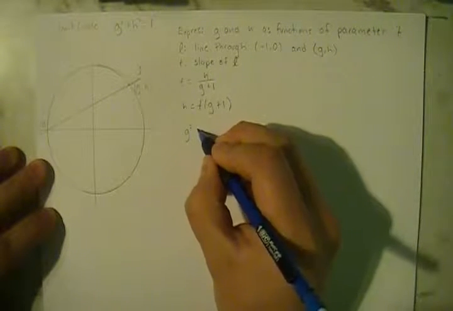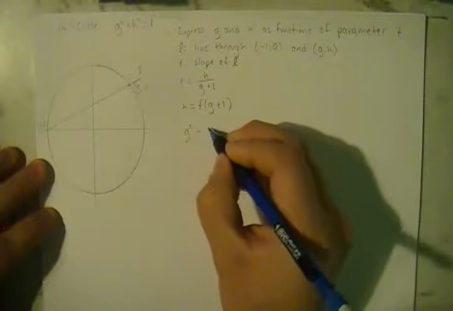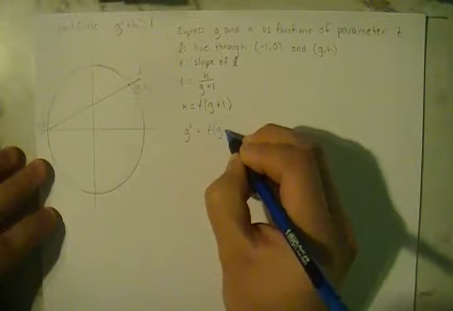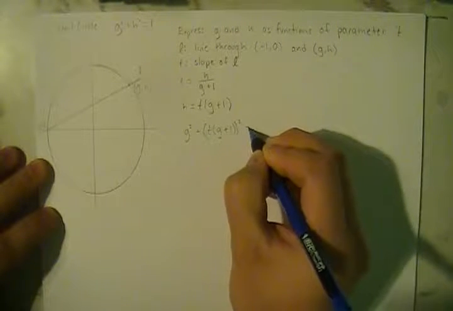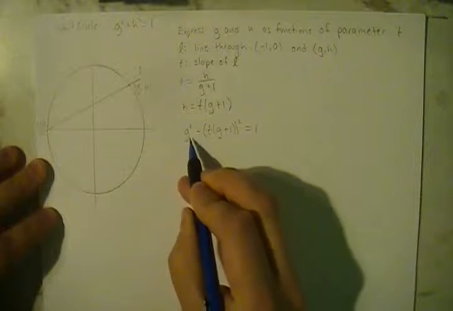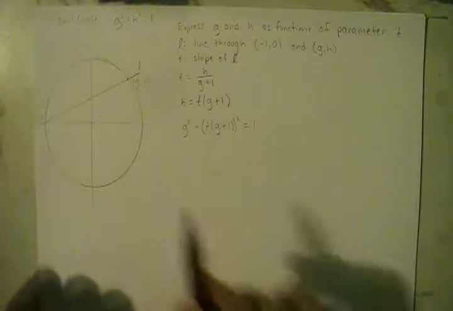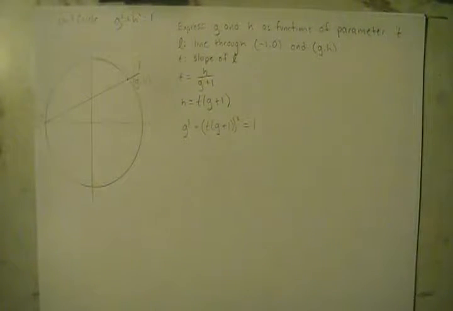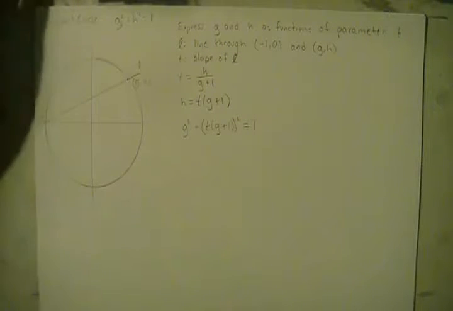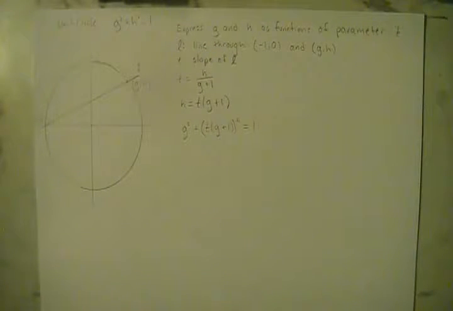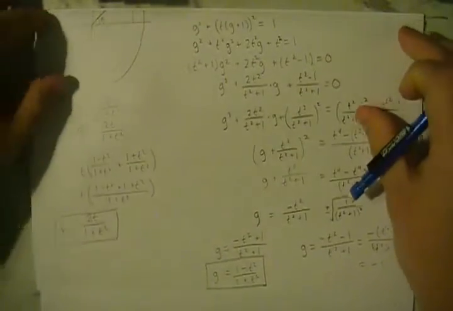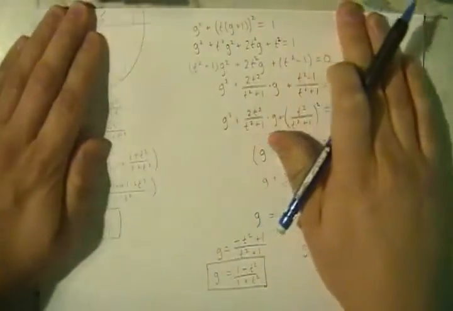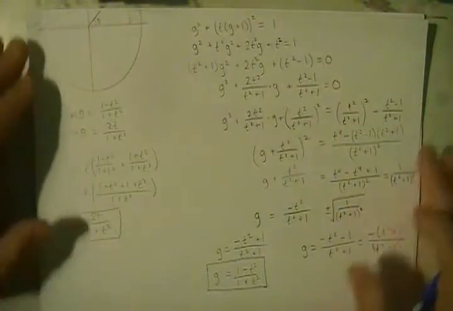So I'm going to write that here, g squared plus h squared, which is t times g plus 1 squared, is equal to 1. Okay, and then the goal is to solve for g. I've actually already done that a couple of times in the first take of this video. And I'm not going to work it out because in the interest of time, I don't want this video to be too large that I can't upload it or do anything with it. So I've gone ahead and